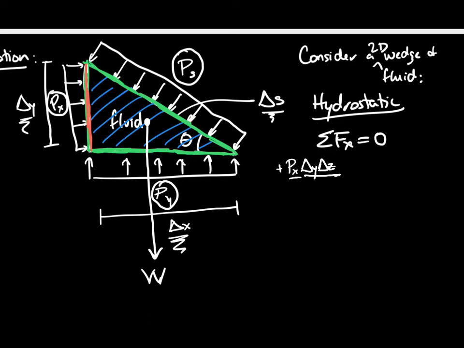Now we want to deal with the horizontal force from this PS force. We're going to be on this face right here. If we were to look at that face, it's a rectangle with dimensions delta S by the into or out of the board. This one's going to have a negative sign because it's working in the negative x direction. So that's going to be PS, and then we're going to do the sine of that angle because it is not acting straight up and down. We're only getting